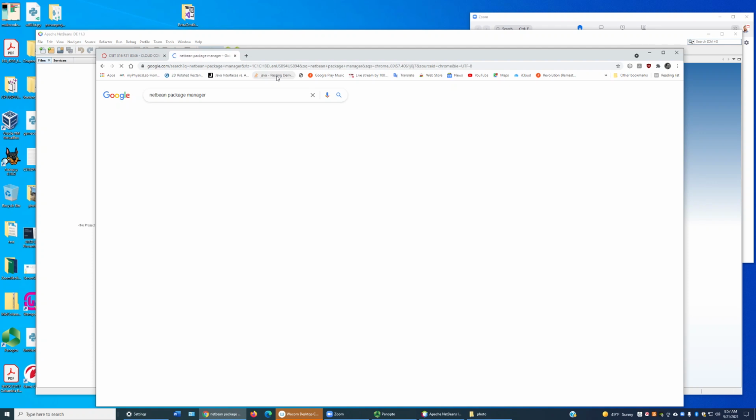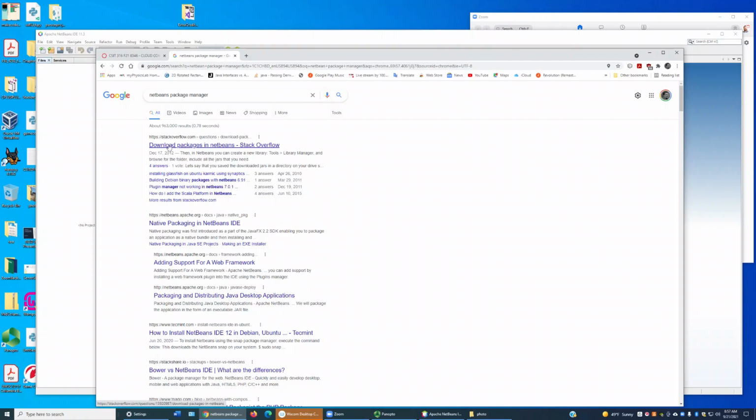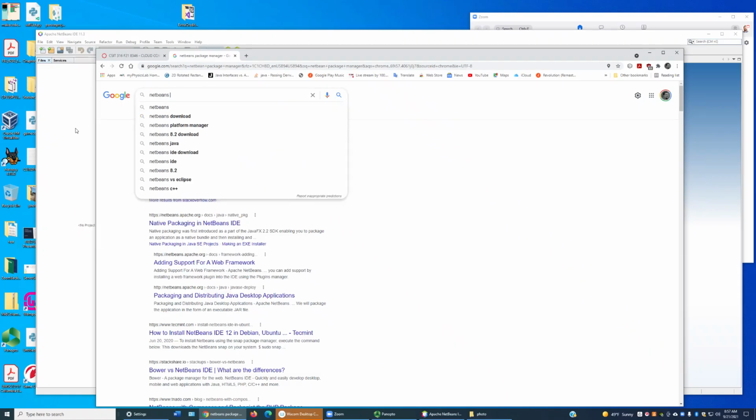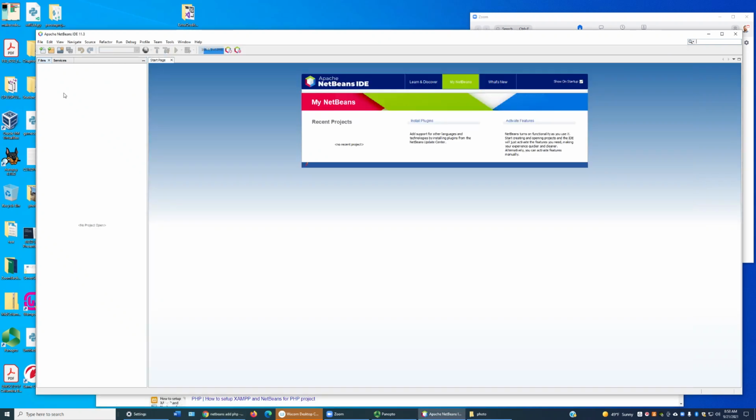What I usually do is I just install everything, but if you really need to get into the specifics of PHP and that type of code, you do it with NetBeans package manager. So go ahead and do a search for that, and it'll give you information on how to add the PHP packaging to NetBeans for you. So probably search for NetBeans add PHP, something like that. Oh, tools, plugins. How to enable PHP support in NetBeans. There it is. Let's go to tools,